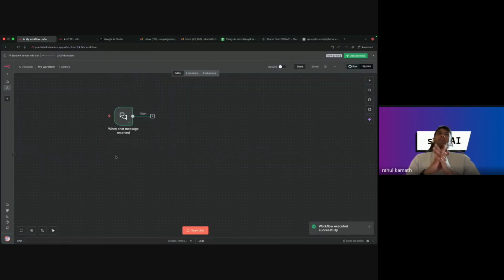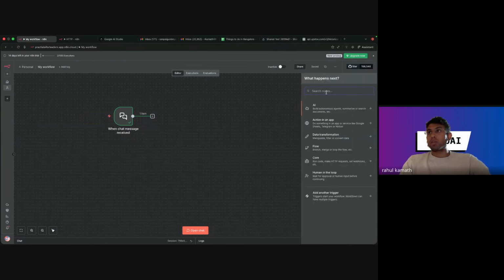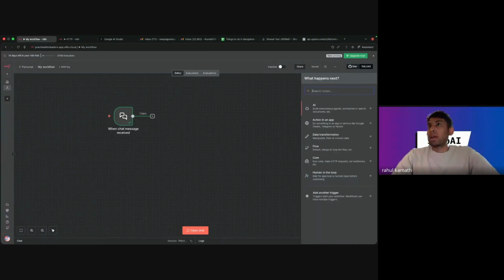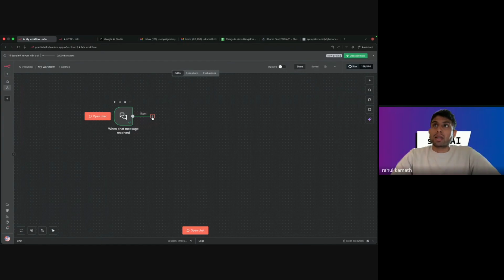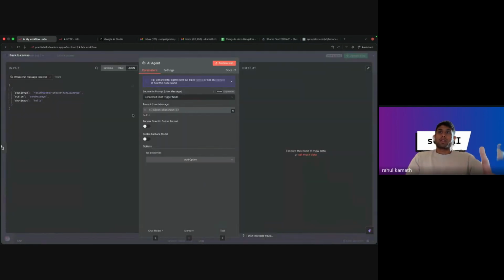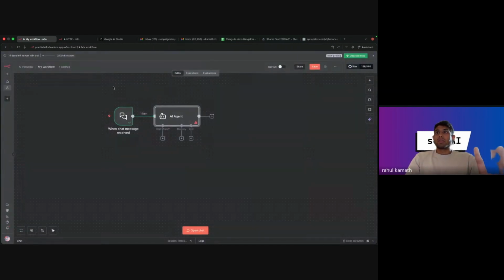Now, the next step would be for us to connect it to an AI agent to process the message which I am sending. Because I'm sending it in free-flowing text, you need an AI layer on top of it so that it understands what I'm sending. So what I need to do here is again add a new node. It's so easy to add a new node, and it's right next to the previous node which I added. You have the plus icon. You add an AI agent, and I've added this AI agent. Now it's just an AI agent node at the moment.